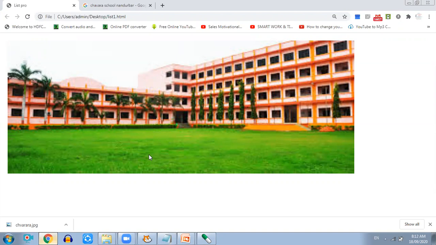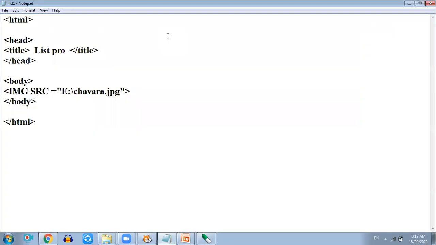Now it is quite big. If you take such a big image, then where will we type the text? So according to your convenience you can decrease or increase the size of the image. How can we do that? So let's check how we can do it. Okay, we can change its size. So go to Notepad first. Here I'm going to type its height and width.